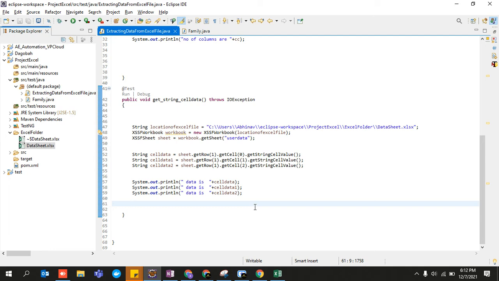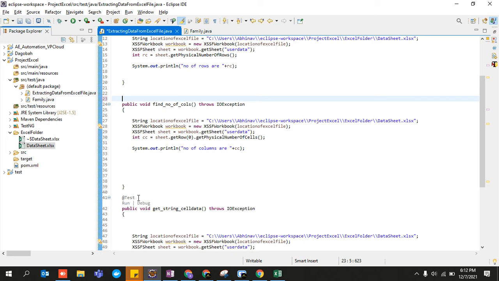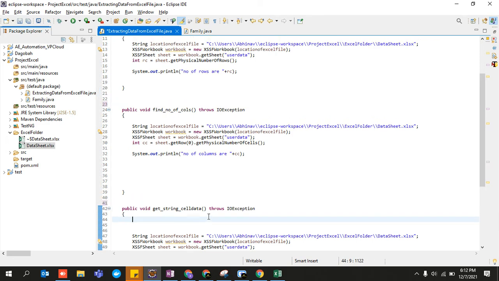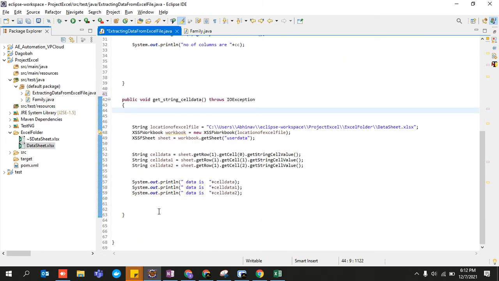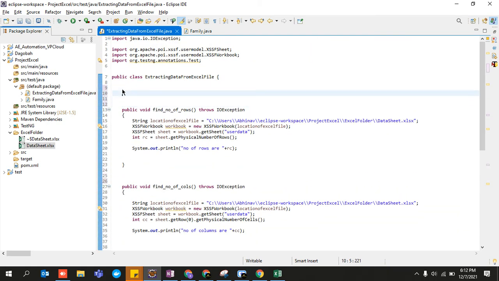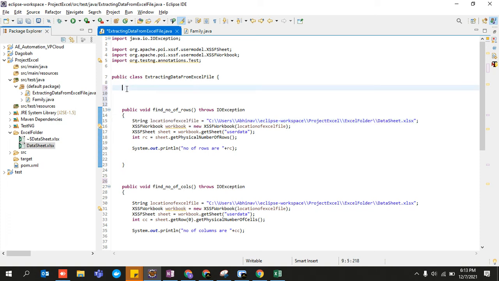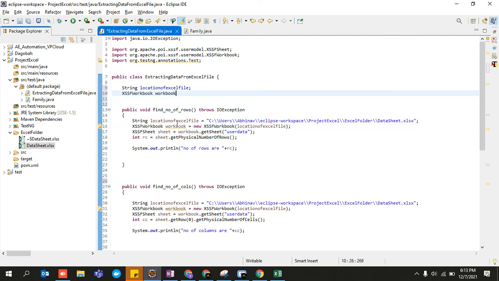Okay, so now we are going to generalize it. So how are we going to generalize it? First, you just remove all these things, these annotations, because now we have done the entire coding part of how to read data from Excel. Okay, and now we are going to generalize it. So instead of making all these local variables, make them global variables. Define them over here and they'll become global variables. Okay, successor workbook, I'll copy them over here.